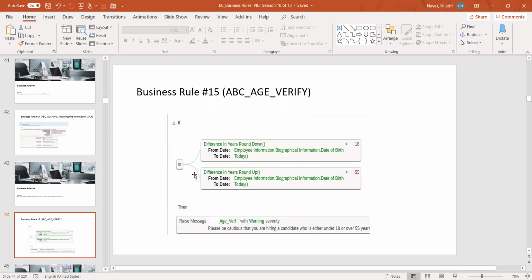In the system, you will write it like this: if condition, difference in years round down and difference in years round up. How to know this? Round in, round down, and round off, all these things exist in the implementation guide, where they have given all the formulas and what each is for. Then simply from date, employee information, because it all comes under biographical information, date of birth. So if he is less than 18 years or greater than 55,